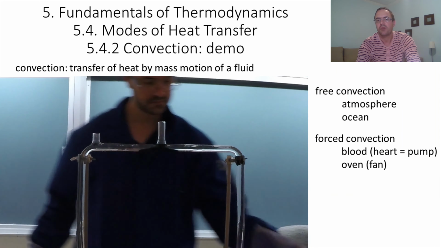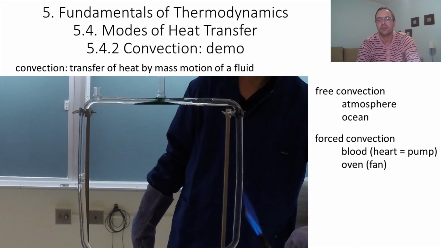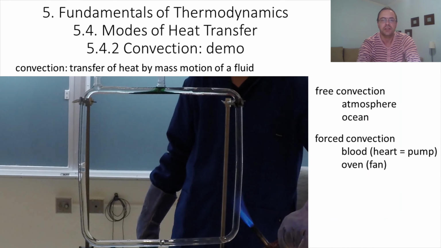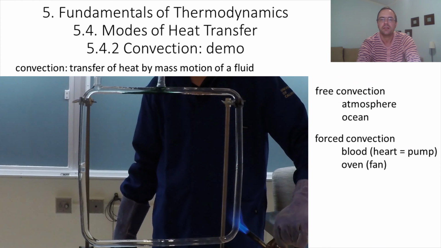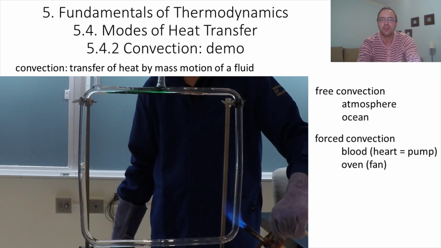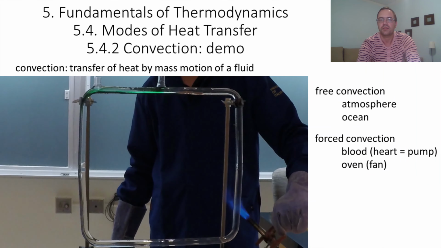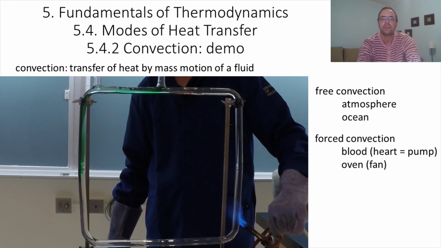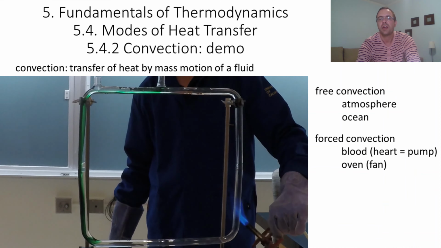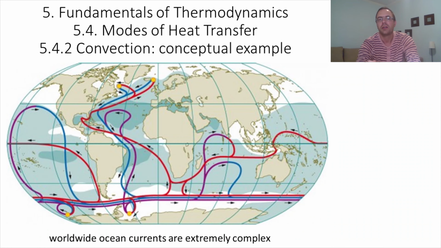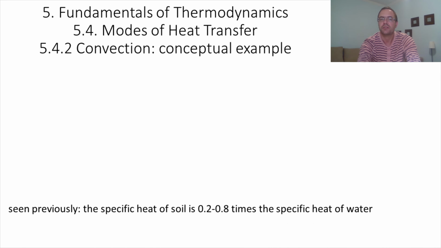So one side will become warmer and the water will become less dense. It will go up and start a convection motion. You can see that with the green color, right? When the water is moving in the tube, it starts a circulation. These types of water currents exist at the scale of the entire world and produce quite complex currents in the oceans. Previously, we also discussed that the specific heat of water is much larger than the specific heat of soil, and this creates more moderate temperature changes in the regions near the ocean.